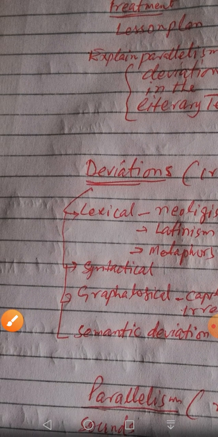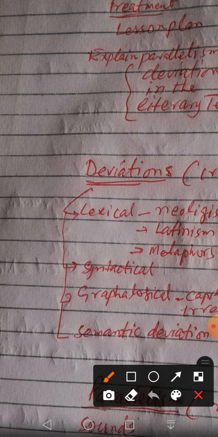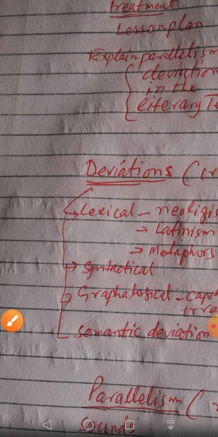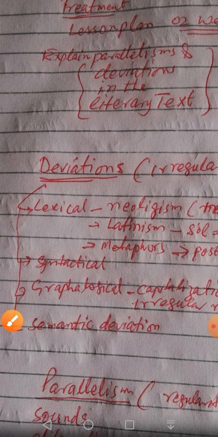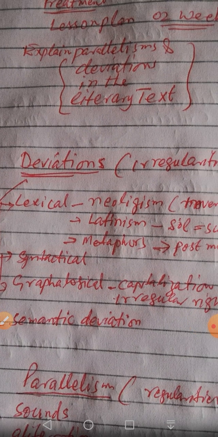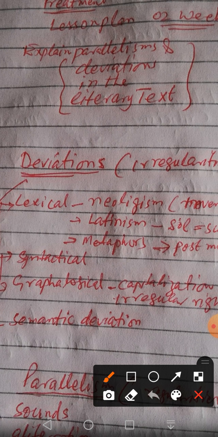There are many types of deviations in a literary text, like lexical deviation, syntactical deviation, graphological deviation, semantic deviations. Literary artists, be they poets or fiction writers or novelists, sometimes invent new words, like neologism. We say neologism, the invention of new words, like